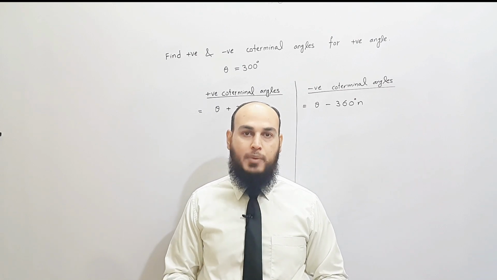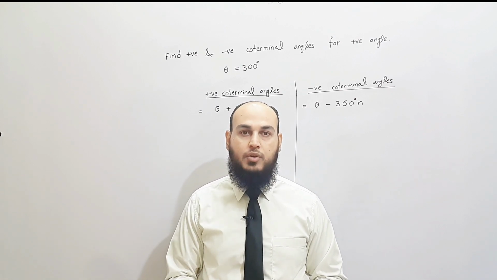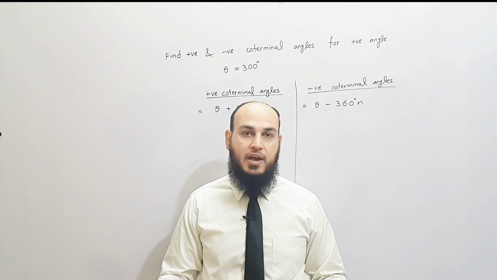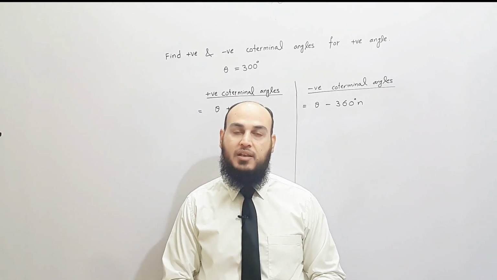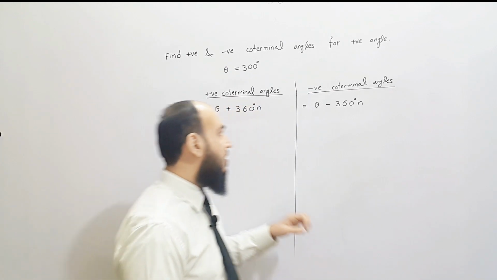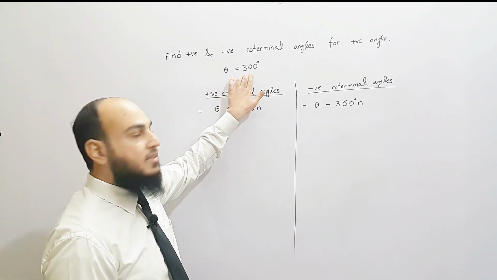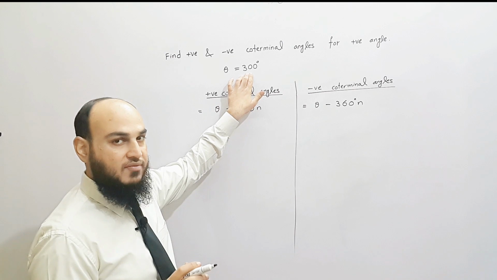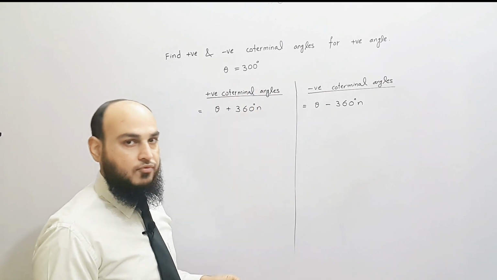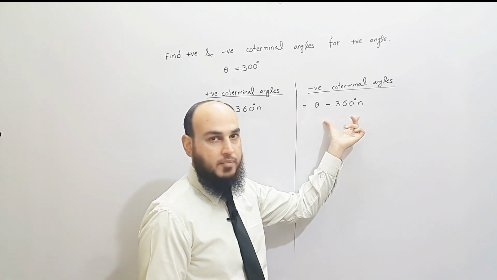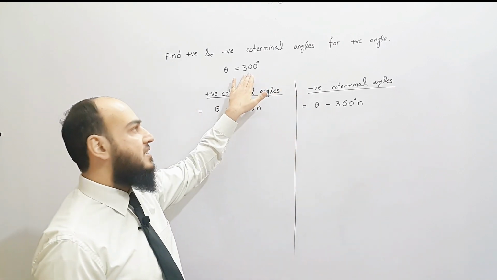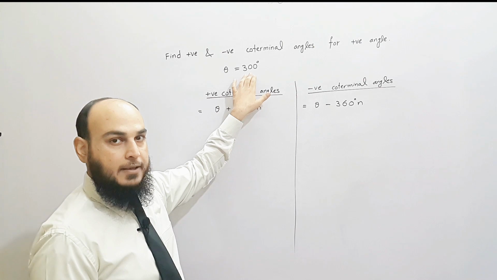We are discussing trigonometry. Today we have a new topic of trigonometry, that is how to find positive and negative coterminal angles for the positive angle. Now look at the question. Here a 300 degree positive angle is given. We have to find the positive coterminal angles and negative coterminal angles of this 300 degrees, with the